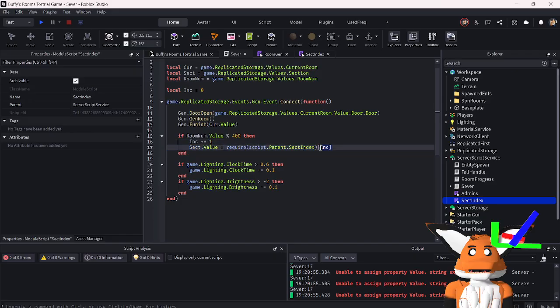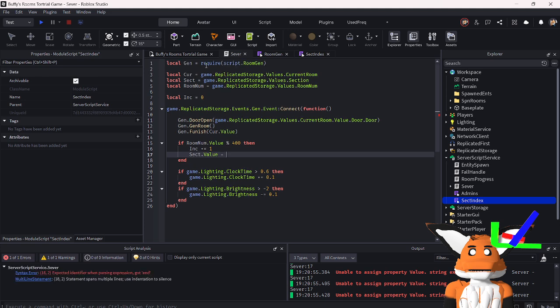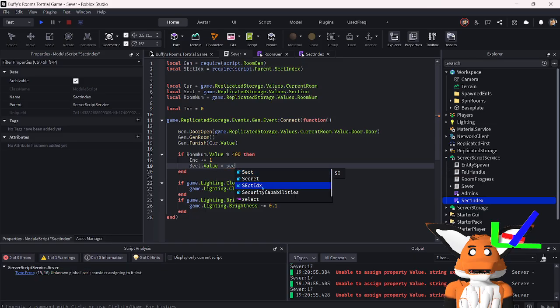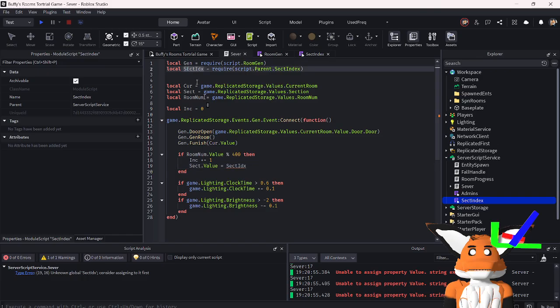Actually, no, I think I need to make this its own thing, its own variable. We'll call this local sect idx will equal that, I guess. And then sect idx